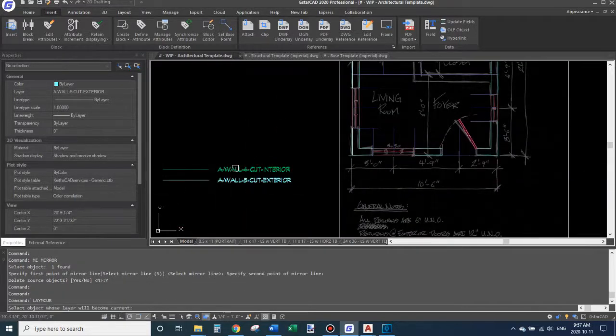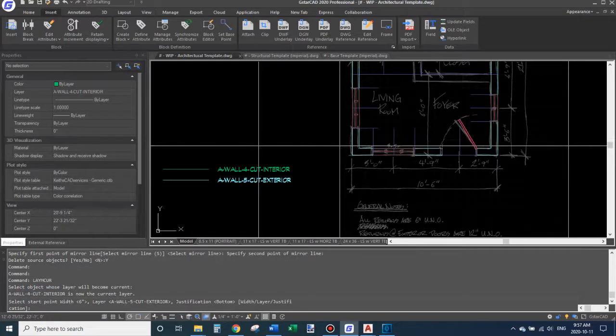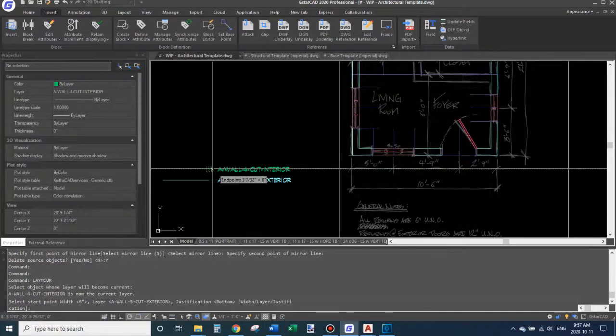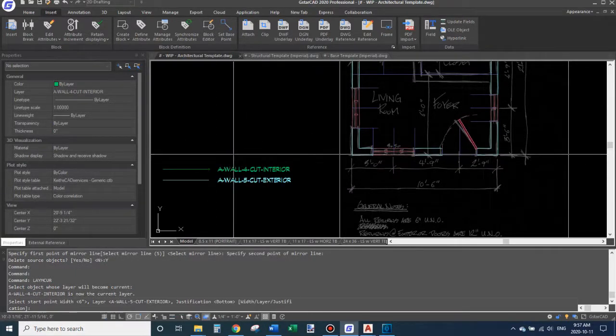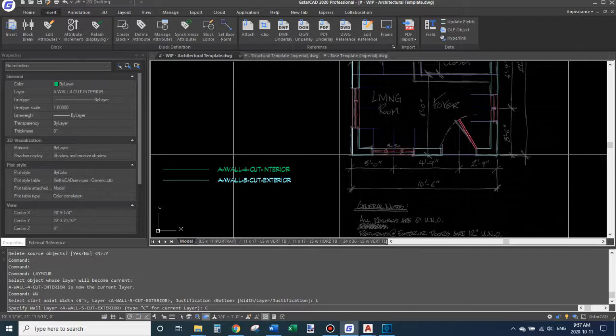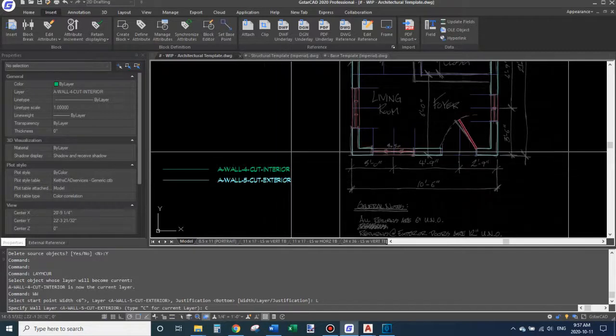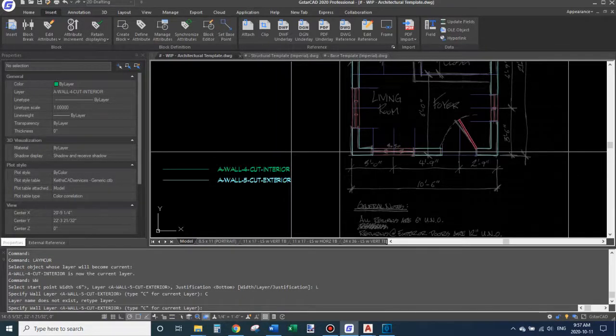So I'm going to switch to this layer, do my wall routine. Yeah, now I'm thinking it's going to be a very good idea just to make this routine draw the walls on my active layer. I think that'll be much smarter. Layer, type C for current. Because the other thing is this will throw other people off as well. You have to make your